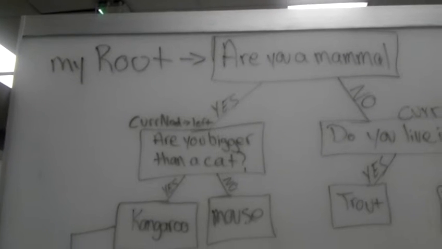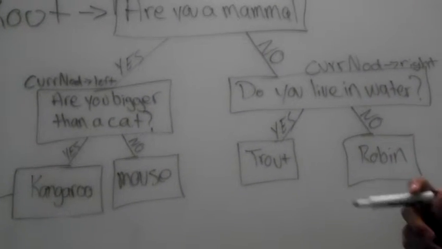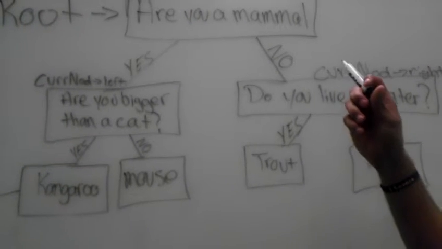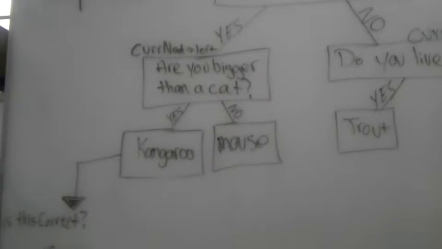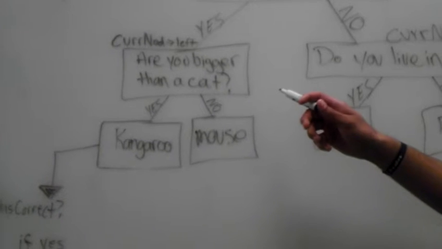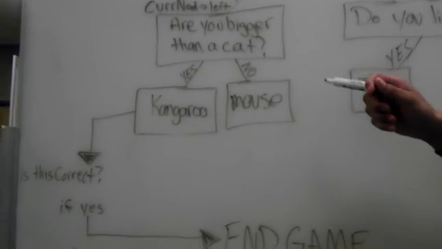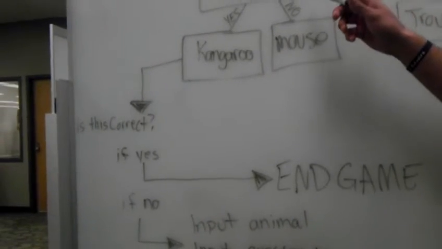be your base for the tree, and then you set my root equal to the current node. If the answer to the question is yes, you move the current node to the left, and if it's no, you move it to the right. When you move it to the left, you go to another question. You check to see if it's equal to no. If it's equal to no, then it's an answer, and you ask if it's correct. But it's not, so you go